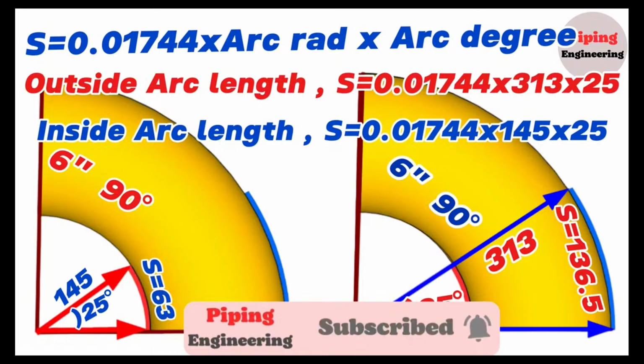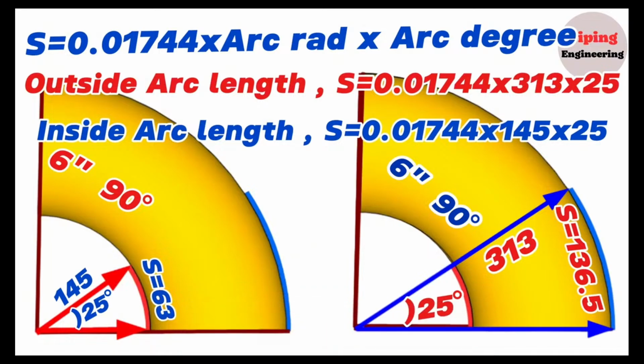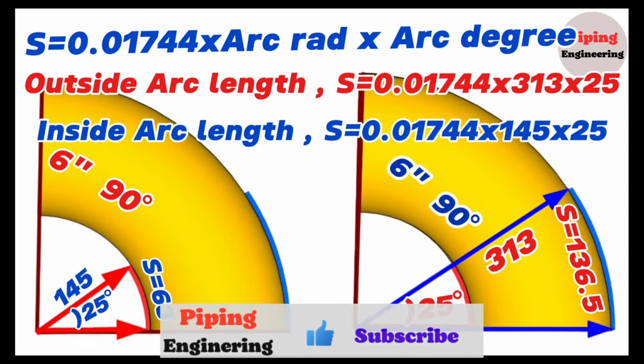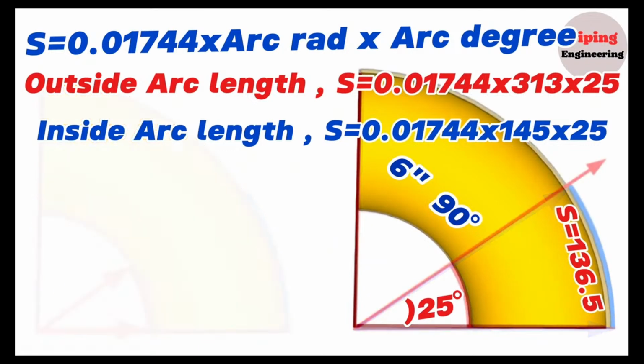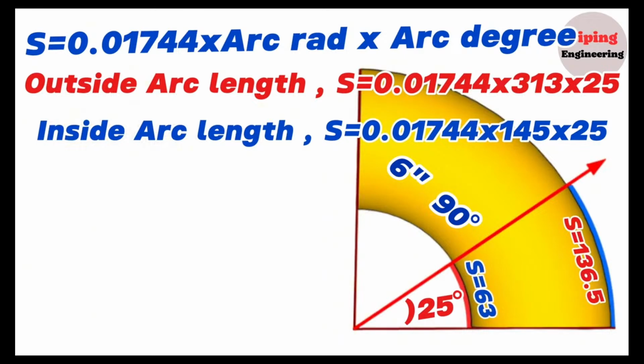In fact, this calculation and marking should have been done on a piece of elbow. I have shown the inner and outer arc lengths of the elbow in two places so that it is easy to understand. Now we will delete one of the elbows and make the marking in one elbow. Now we have 2 points on the 6-inch elbow. Connect these 2 points along the elbow. This line marked on the 6-inch elbow will be the cutting line of the 25-degree elbow, which will be cut